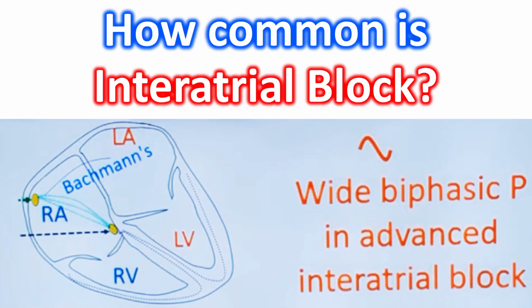Interatrial block is not that common in the general population. In the Atherosclerosis Risk in Communities (ARIC) study involving 14,625 patients, interatrial block was detected in 0.5% at baseline and 1.3% developed interatrial block during a follow-up of about 6 years. The study showed that interatrial block was associated with increased risk of atrial fibrillation with a hazard ratio